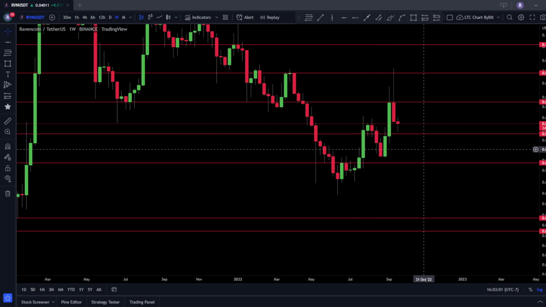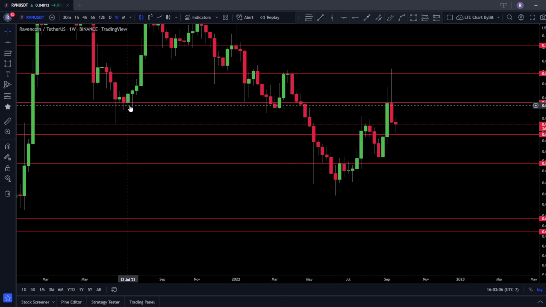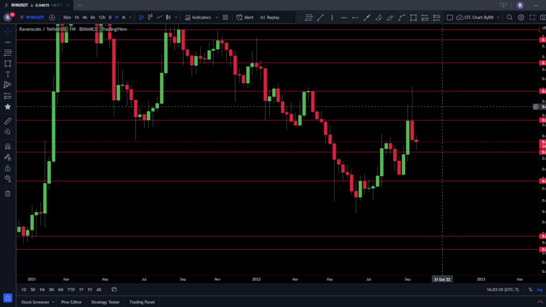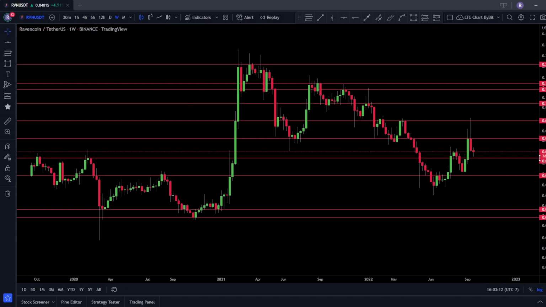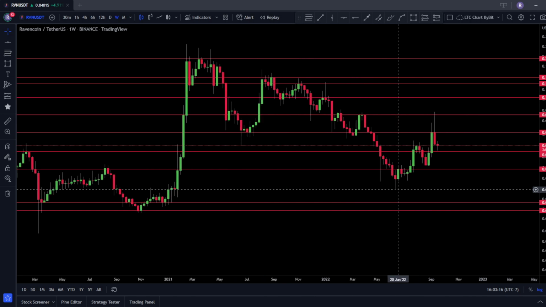And as you can see, there's a lot of different areas on the chart. So we had this support over here. Now it's acting as resistance right here. There's a lot of different areas on the chart that you can find support and resistance. And when you move down to the lower time frames, or even on the higher time frames, like for instance,